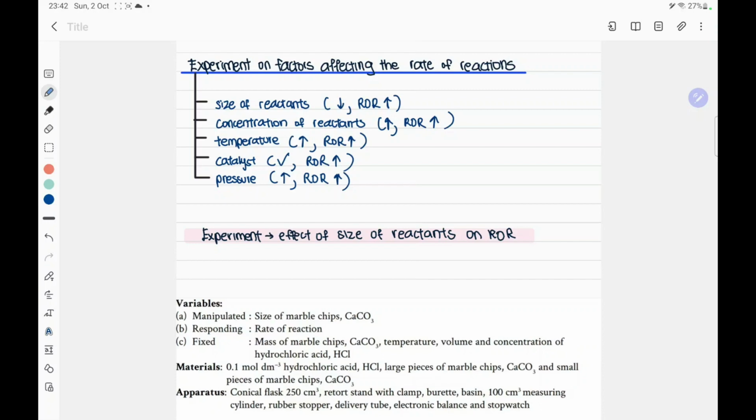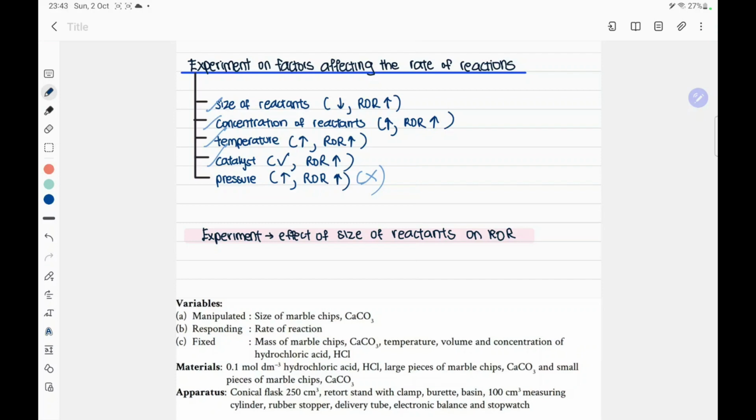Now we are going to learn about the experiments. For your information, we only have experiments for the size of reactants, concentration, temperature, and the presence of catalyst. For pressure, the experiment is not in the syllabus, so we are not going to explain further. The first experiment we are going to look at is the effect of size of reactants on